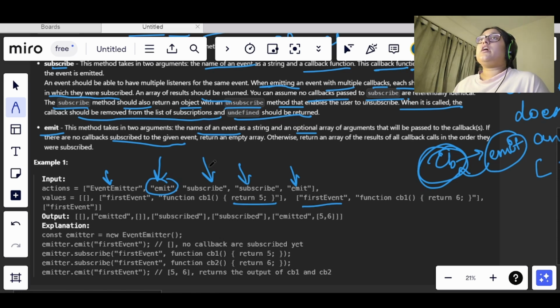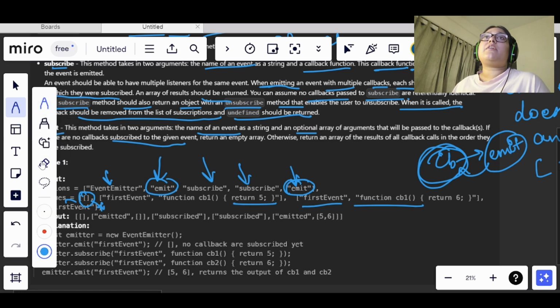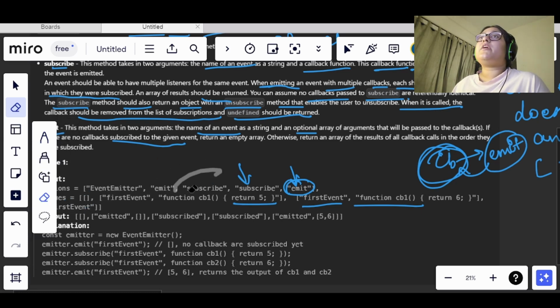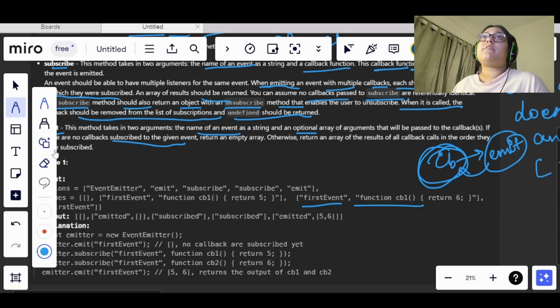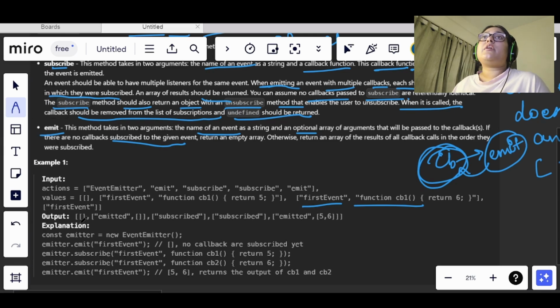So here in the subscribe also we are passing some value. Here for the emit we have an empty array. We are not doing anything, we are just emitting.